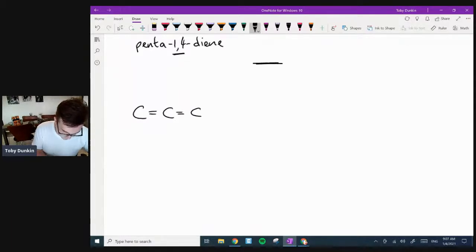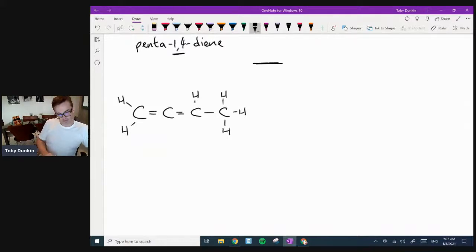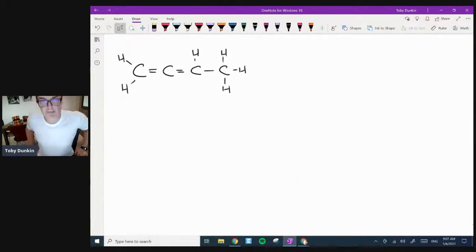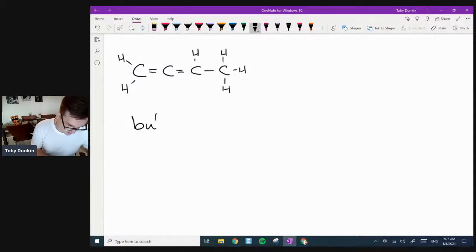Let's try this one. Everyone have a go at naming it. That would be grand. Have a go at naming this for me. There we go. So have a go at naming this one for me. So this is butene. It's a buta. Oh, do you see what I did there? I'm going to stop. The A goes back in because it's a di suffix, and it's on carbons 1, 2, 3.